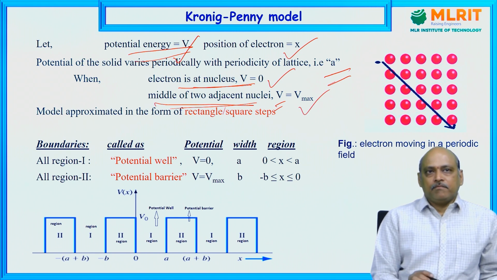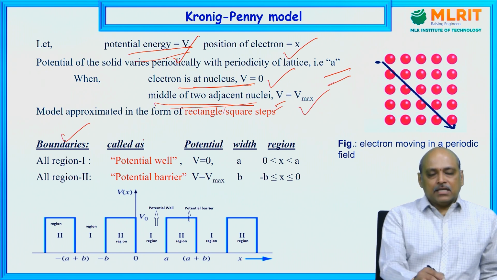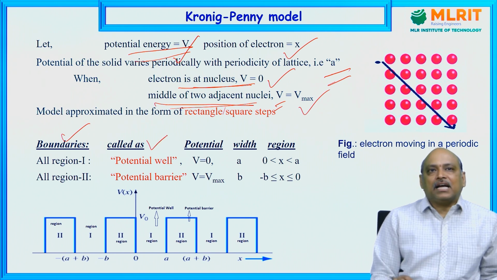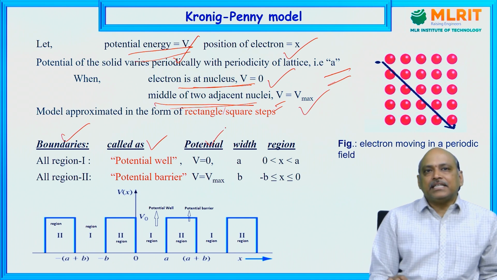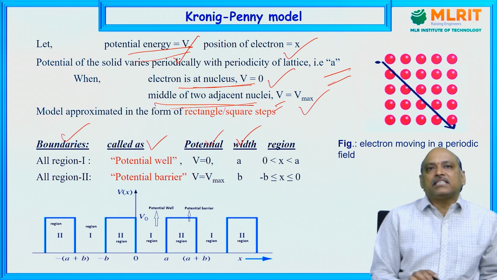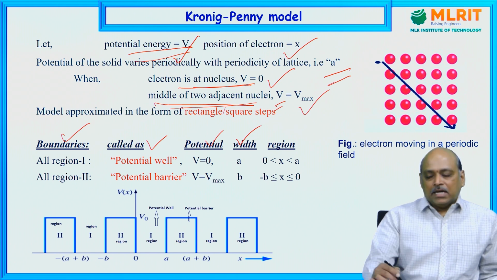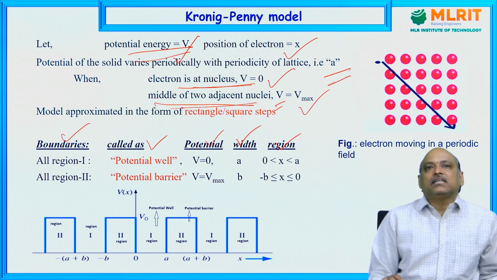By taking the boundaries of the regions, how we are naming those regions, the potential energy in the two different regions, the widths of the potential barrier and potential well, and the regions of each, as the parameters,